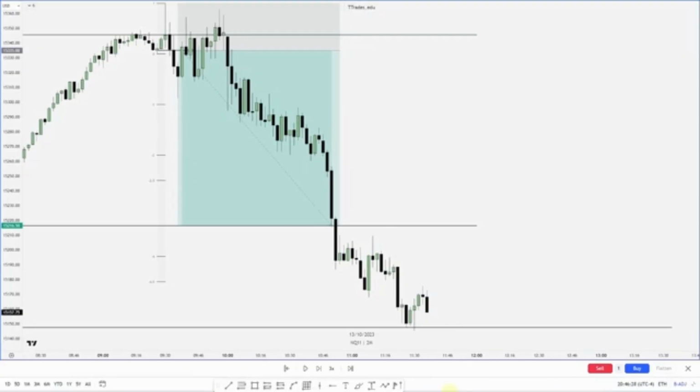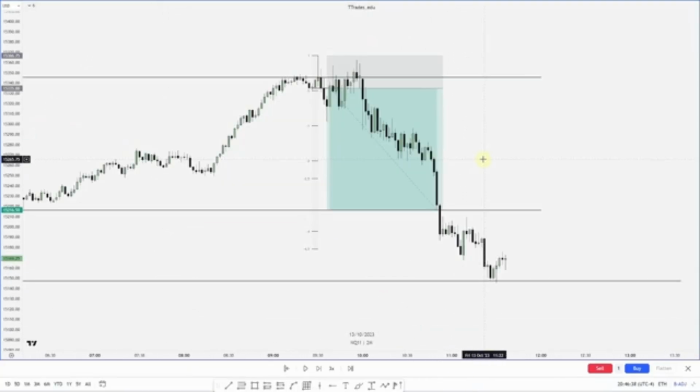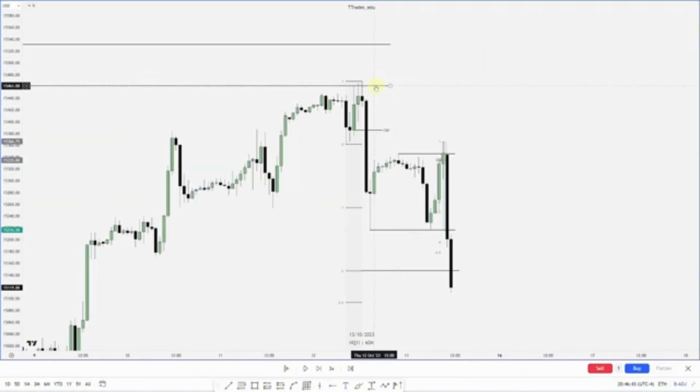And we do reach for that hourly target. Now let's go back out to the hourly chart just to review this. We went from our higher time frame PD array, which in this case was a daily fair value gap. We waited for the change in state of delivery on the hourly chart, and then the next day we had